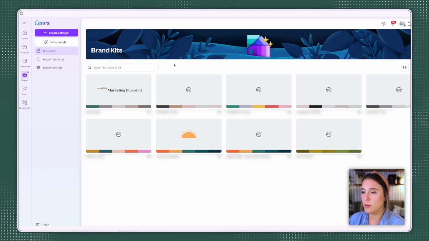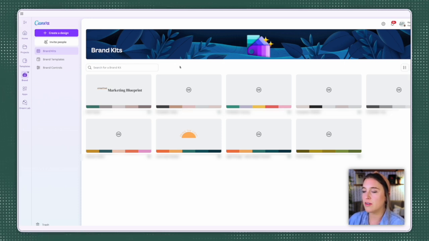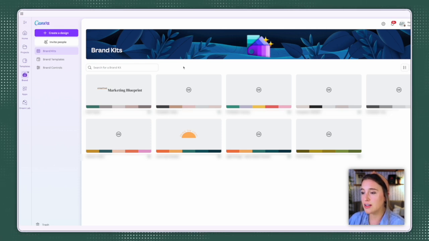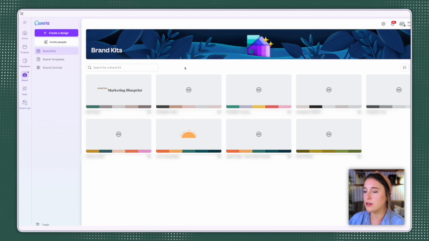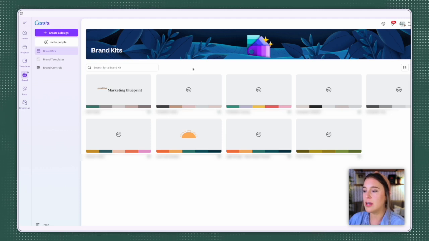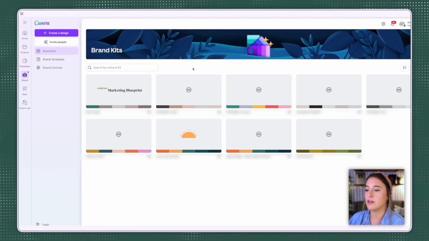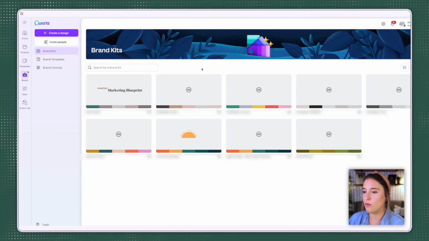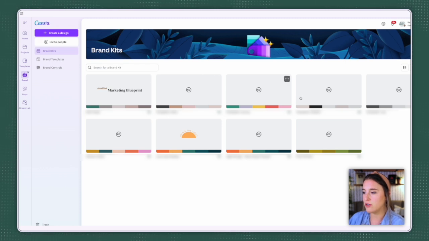So this is super useful for any types of color schemes, font styles, images, or graphics that you want to have quick access to inside the editor when you're creating products. So you don't have to manually go and remember each different color that you're using for a certain template set or digital product that you're creating. You'll have one-click access to it. So let's look at it here in the brand kit. I've got several created here for different purposes. I've got my main brand kit for my marketing, but I've also got different brand kits for the different types